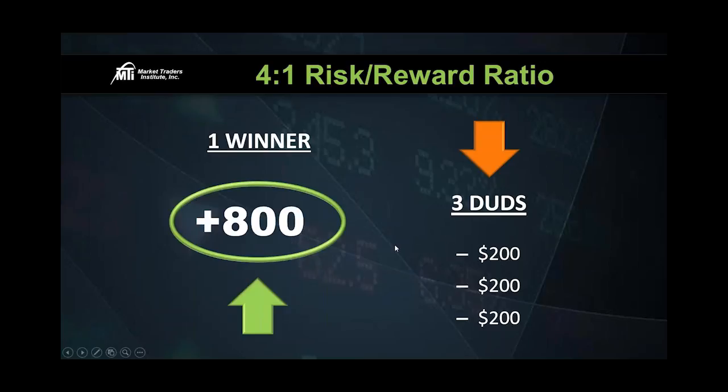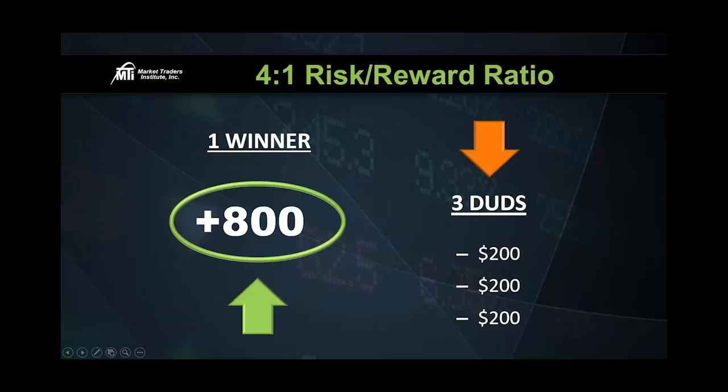Some of you might be comfortable with a 3-to-1 risk ratio. Some of you might be more comfortable with a 5-to-1. Everybody has their risk tolerance on this one. This was a 4-to-1 ratio. So I don't care what your trading strategy is. If you're not trading with a proper reward to risk ratio, you're not going to be seeing the same type of success here. I can promise you that.